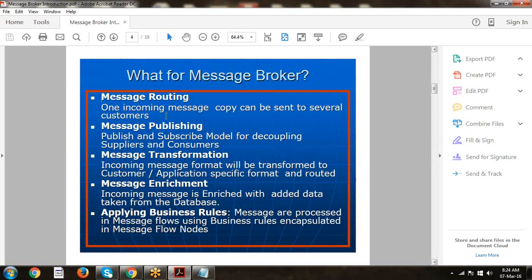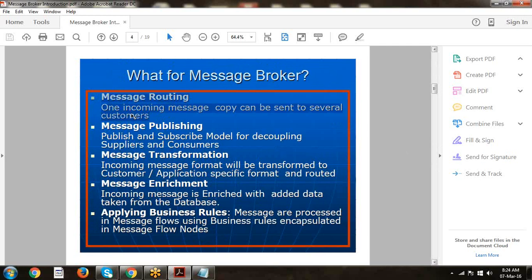The routing functionality uses MQ as the transportation facility. The remaining business logic, such as content-based routing, where based upon the content we route dynamically to different destinations, will all be implemented in the broker. But the transportation routing functionality happens through WebSphere MQ. That is the reason you should have MQ.